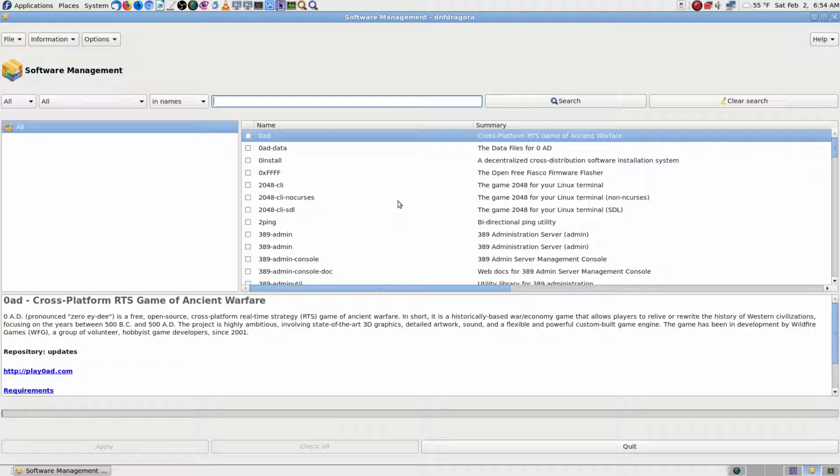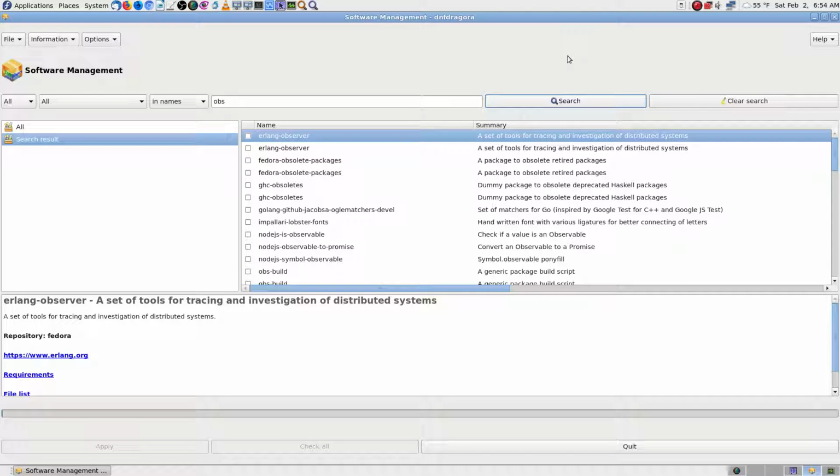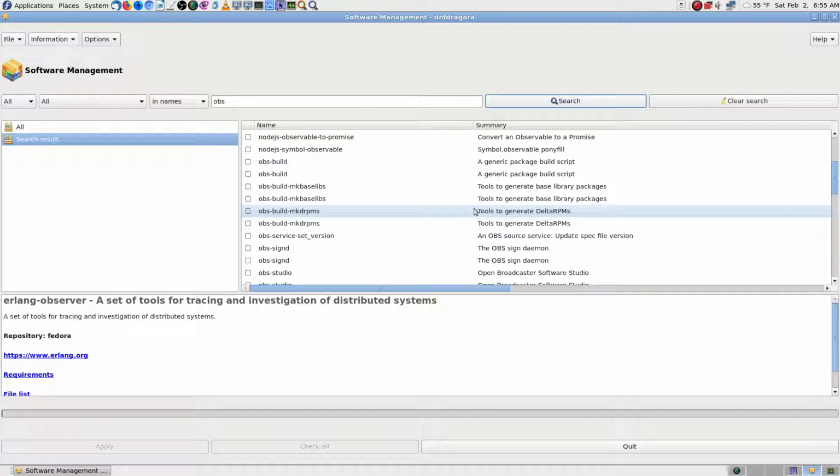I'll have to look into that if that would be the only next thing I could try, and that is to install an older version, but then freeze it, because the automatic updates would just bring it back to the new version the next time I have automatic updates turned on, and I don't want them turned off because I want security updates. So let's look for OBS. Yeah, you got to click. And so that would be something, if I could install the previous version of OBS, and then